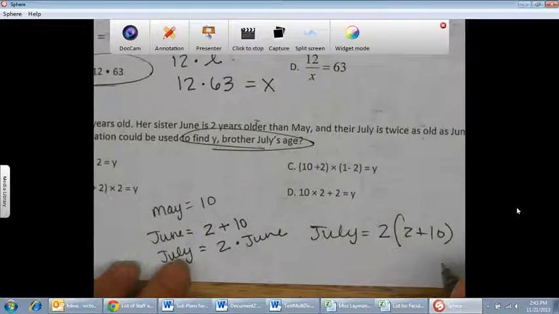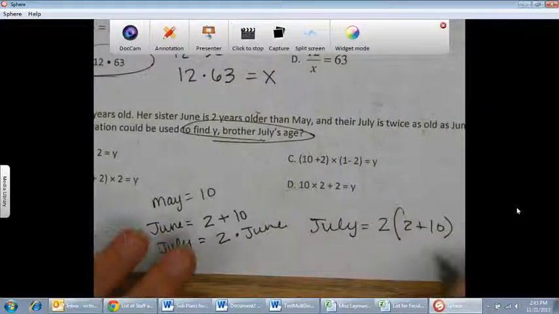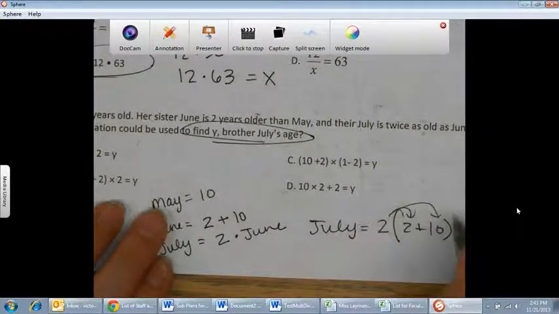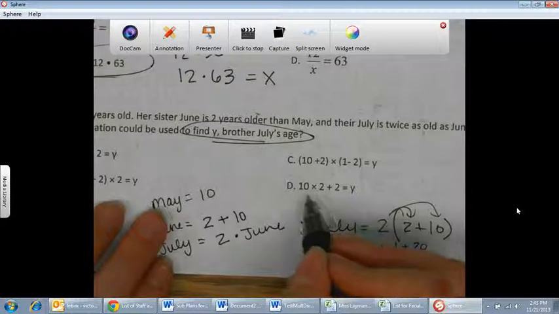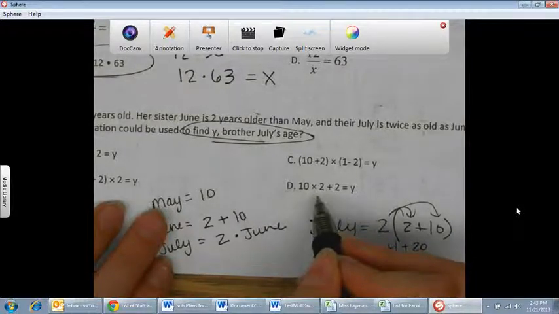So if we do this math here, we do the distributive property, we're going to get 4 plus 20, which gives me 24 years old. So that's how old he has to be. If we do this one, we're not multiplying, we're multiplying 2 times